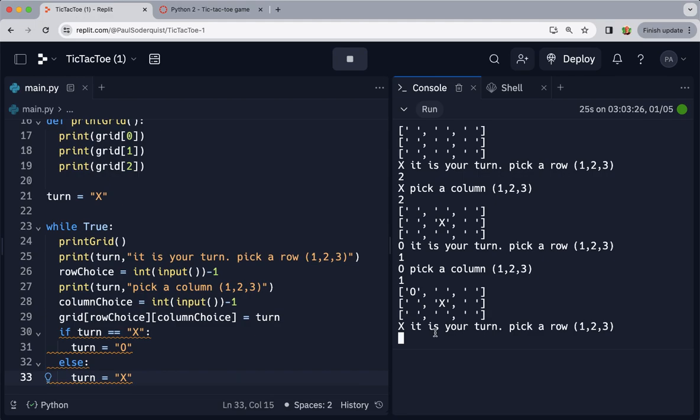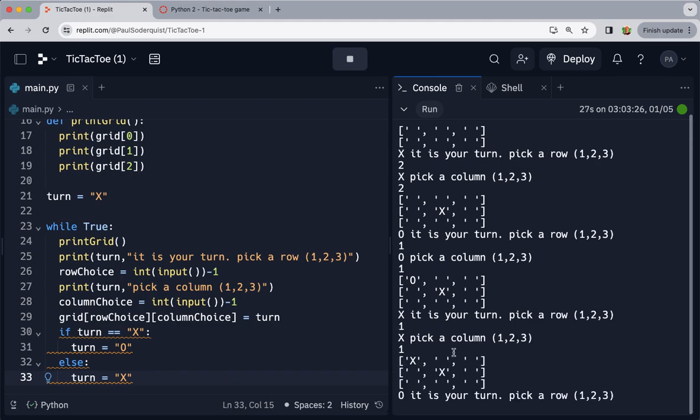as X if I wanted to choose that same spot O just landed in. There's nothing stopping me from overwriting that O spot. So we need to keep it from doing that. One way we can do that is to just say, after we've made the row and column choice,